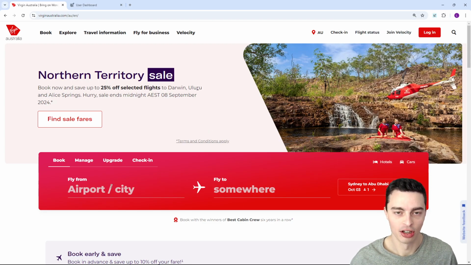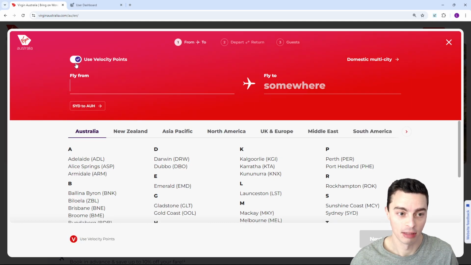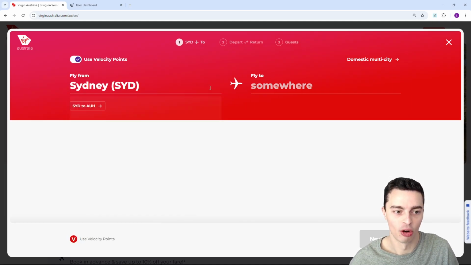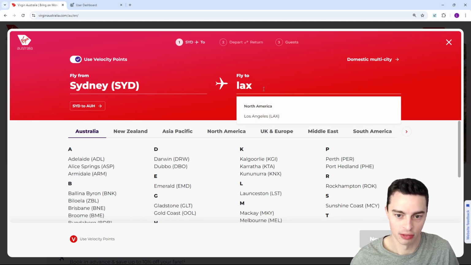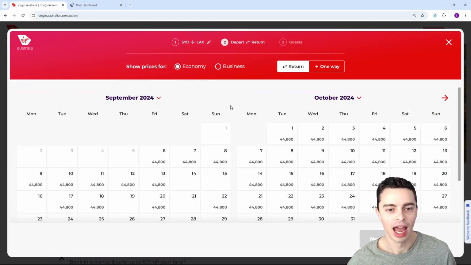Once you've done that, you can go to the Virgin website here, and then you should be able to just proceed as normally, as if you're making a booking with Velocity points. So make sure you select that checkbox there, and then you put in your origin and your destination. Once you've done that, hit the next button down here, and then you will bring up the calendar view as